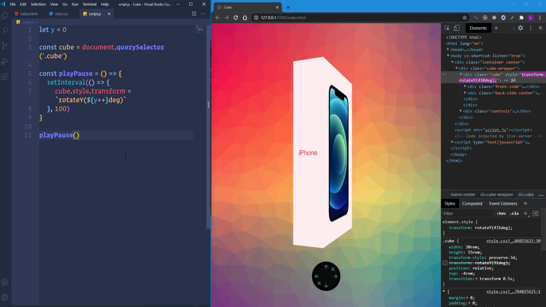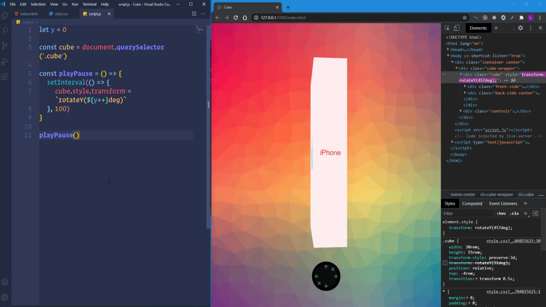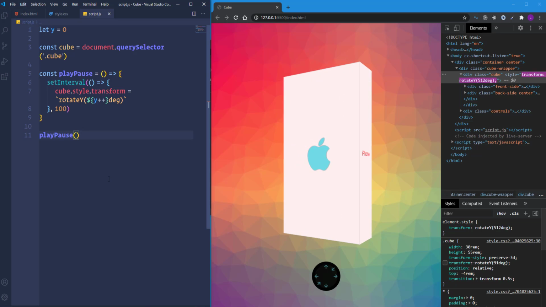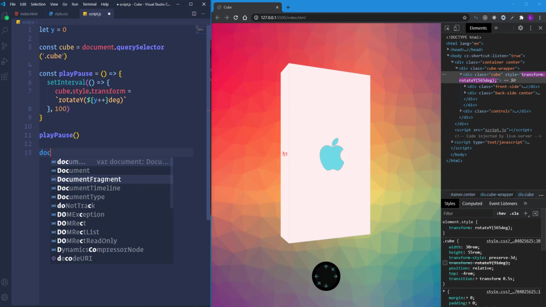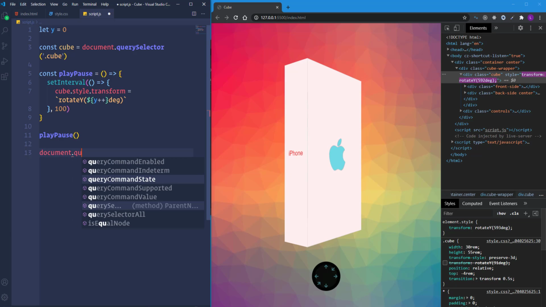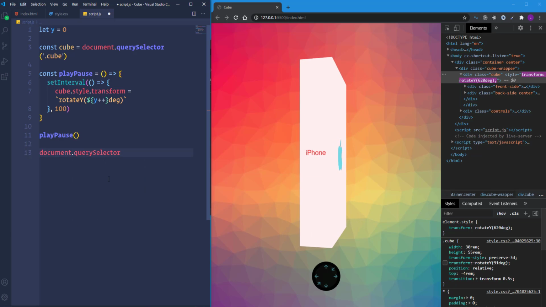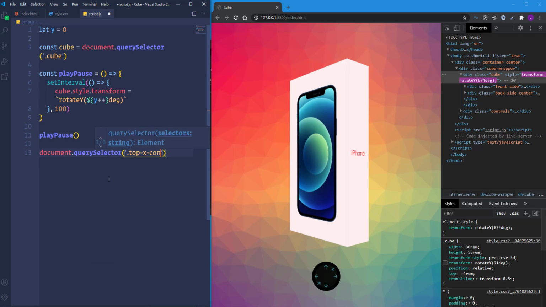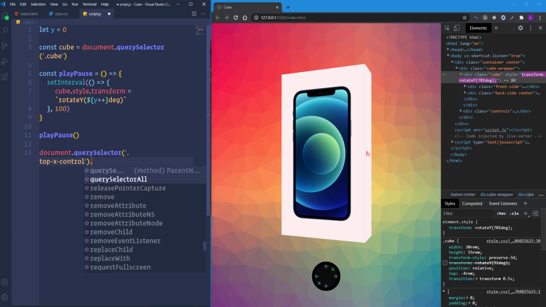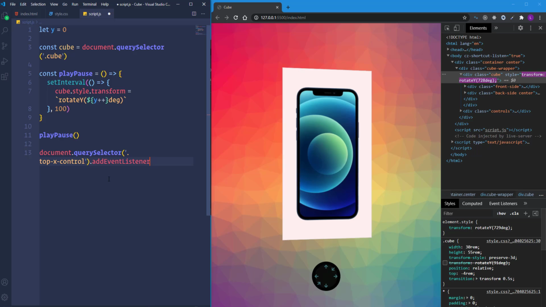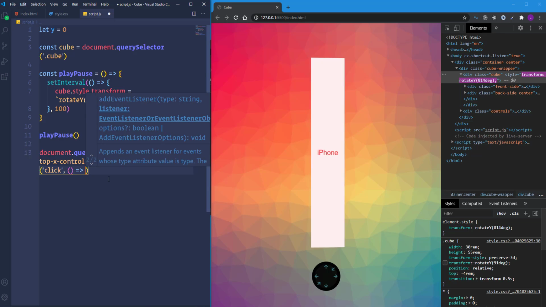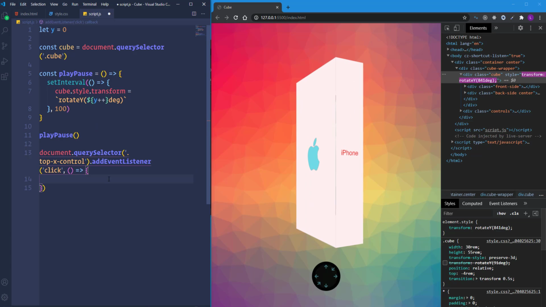We will rotate the cube in different directions, but in this case we will do that once we click the controls. So let's go ahead and attach to each arrow an event listener with the click event. Let's start with the top control. We need to attach a click event to the link elements. So let's select the top X control using the querySelector method and attach to it an event listener with the click event and also with the callback function, which will be executed once we click the top control.